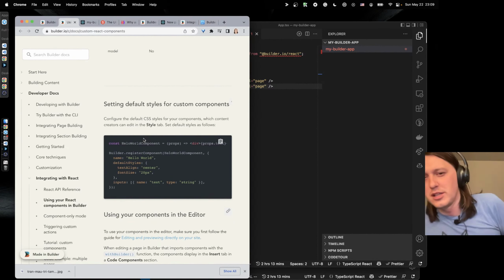Right, so I still don't get when or how the builder website will know what custom components I have. User components, you first follow directly on your site. Yeah, so that. I'm already tuned out. Okay, but let's keep it for now.